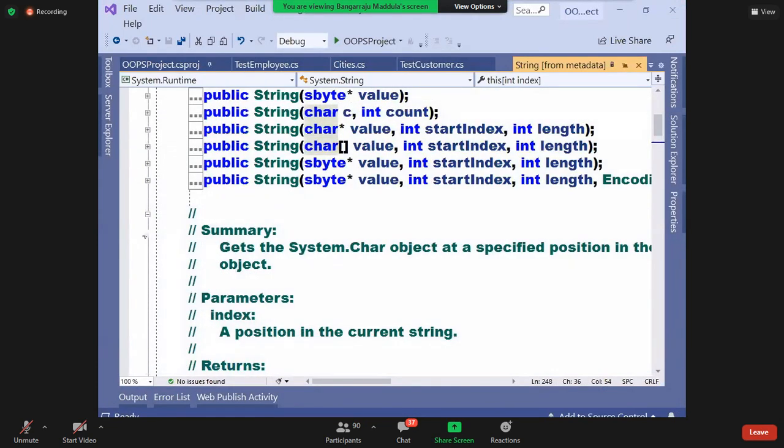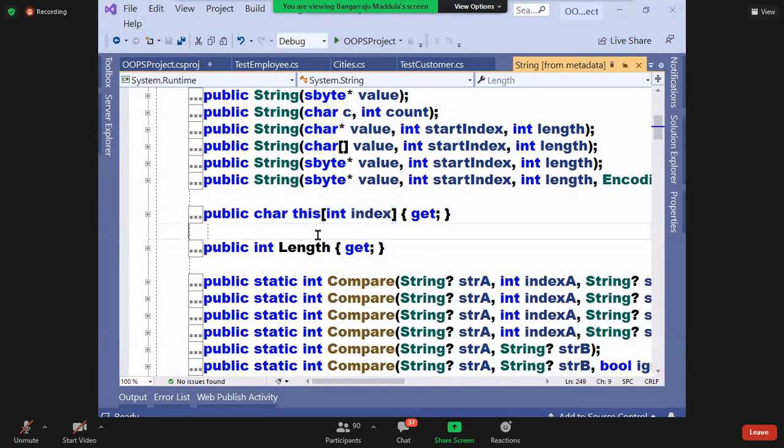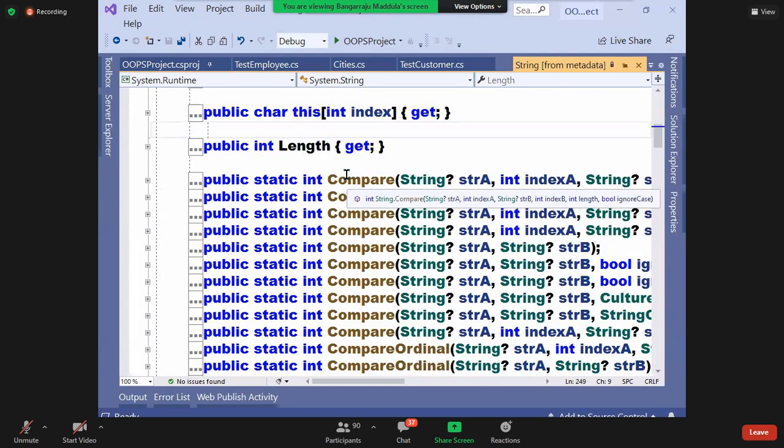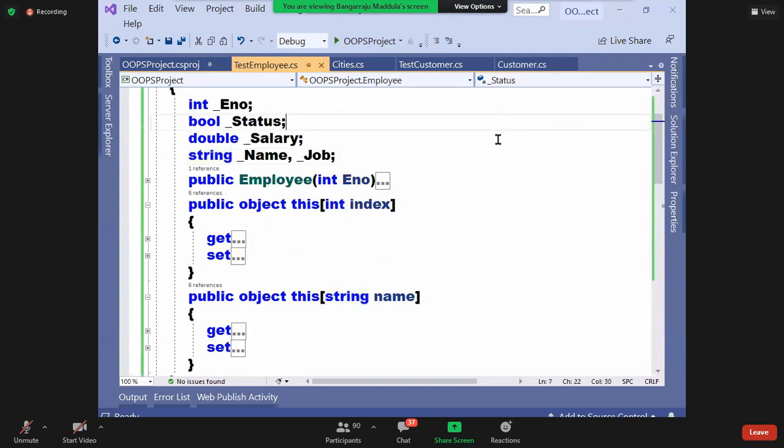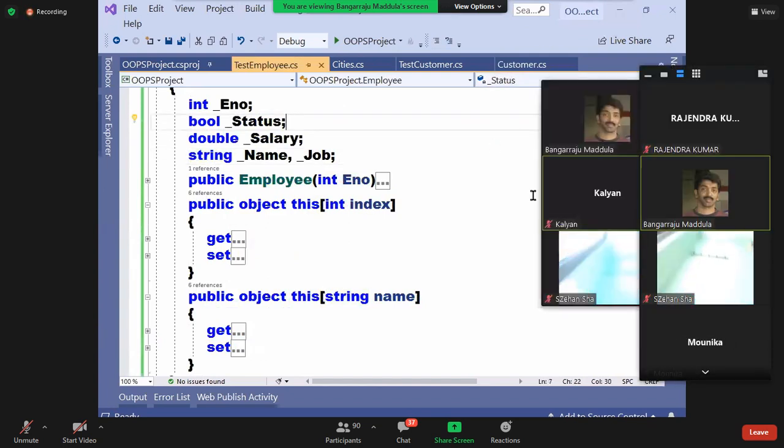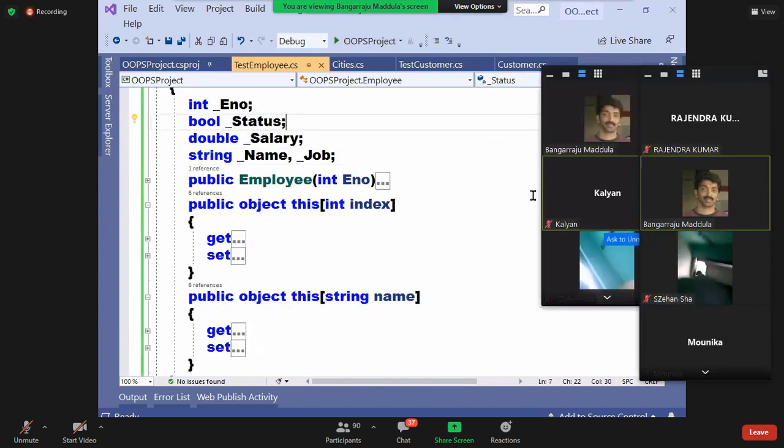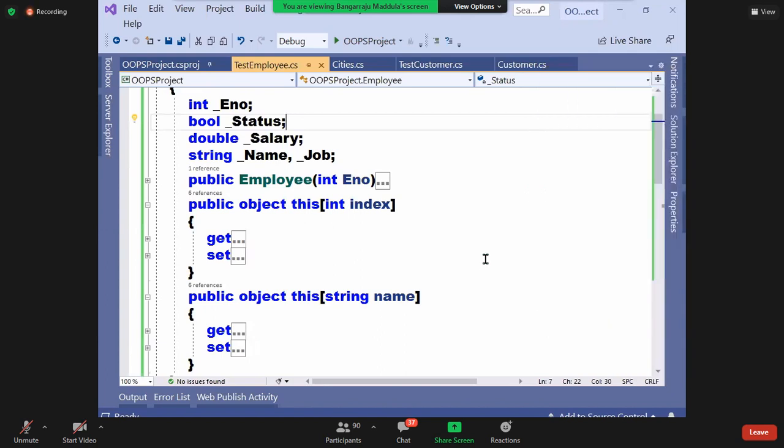So like this, you are defined with different things in your code. You can read the summary also there. Properties will be present in the class. Indexers will be present in the class. Methods will be present. Constructors will be present. Everything will be present within your class. So this is indexer and this is property. Now, why do we define, when should I define an indexer? When should I define a property? There will be confusion now. Properties can be defined, indexers also can be. When should I define a property, sir? When should I define an indexer?